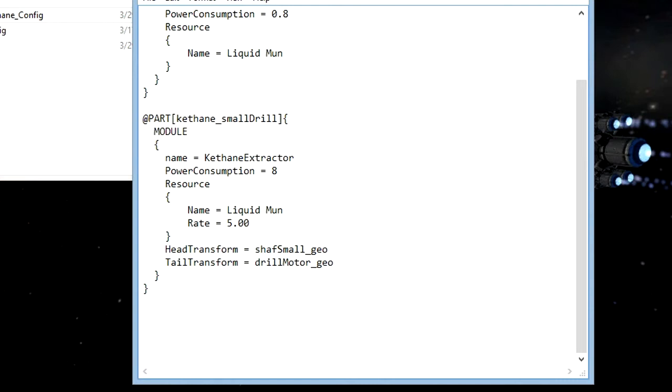Now, the last thing we need to do is convert. And for this to work, we need to call another at part using Module Manager. And this part is called the Kethane 1 meter converter. And we need to put another module in, which is name equals